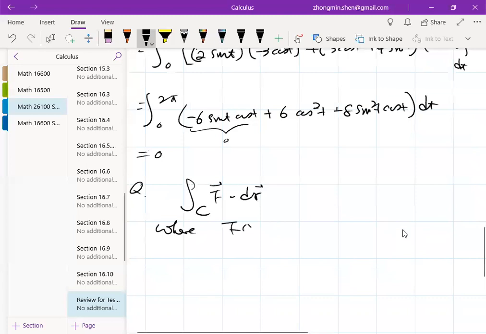Well, F(x,y) is going to be xy i plus x j. And C is given by